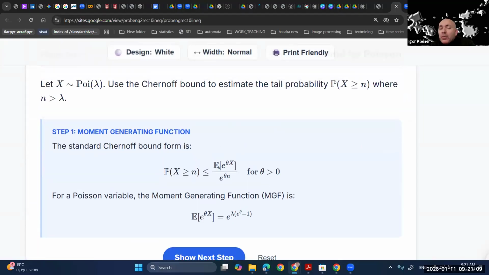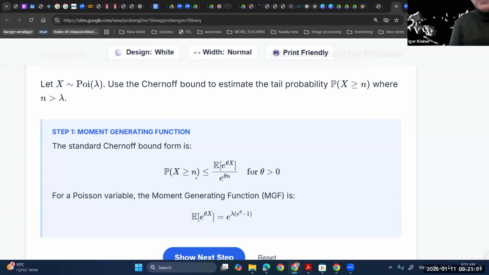We want to bound from above the probability that the random variable X is greater than or equal to n. By the Chernoff inequality, it's less than or equal to the expected value of e^(theta X) divided by e^(theta n) for every theta greater than 0. And now we will choose theta greater than 0 that minimizes this expression. You can put here any theta: 0, 1, 10, a million, 1 divided by n, but we want to choose the theta that minimizes this expression.